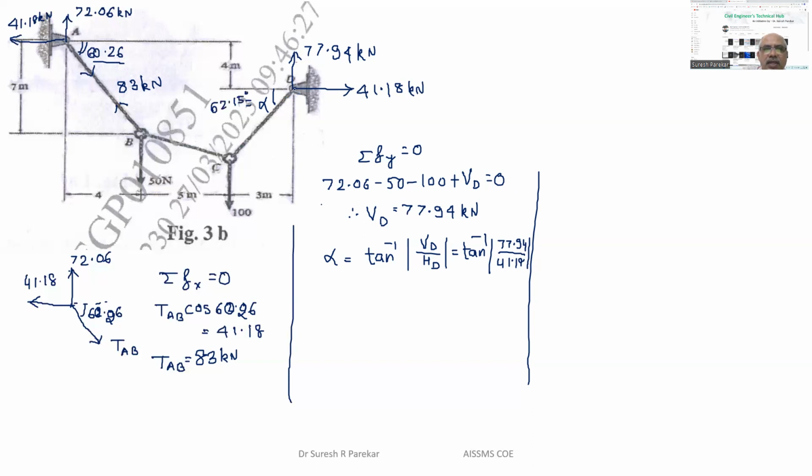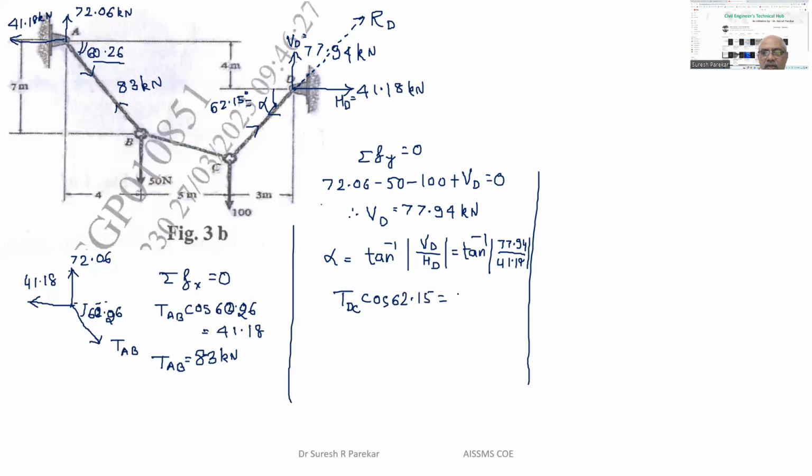I already mentioned your reaction at D will be along the cable. This will be RD, under root of HD square plus VD square. So now knowing this, we can have cos. So this cable, again tension we have, so TDC. So we have TDC cos of